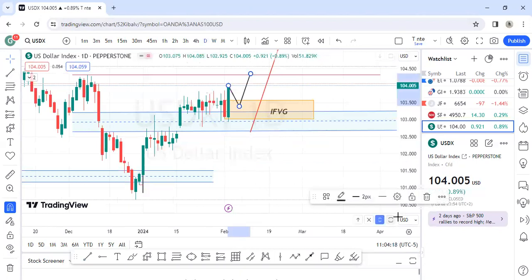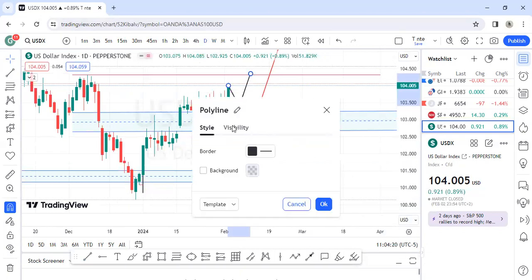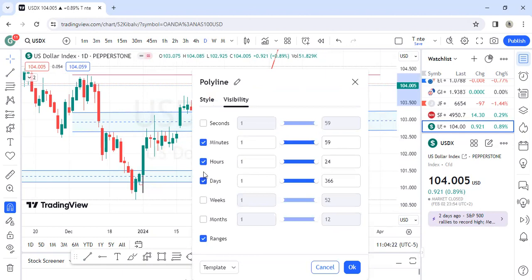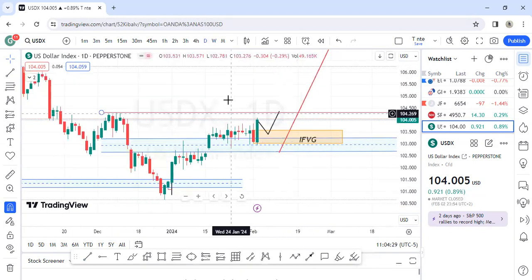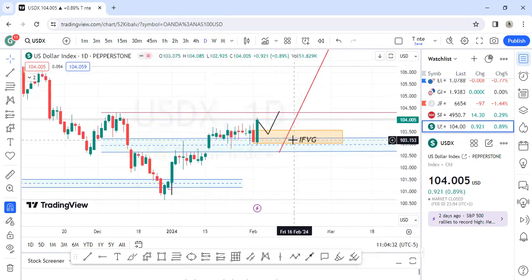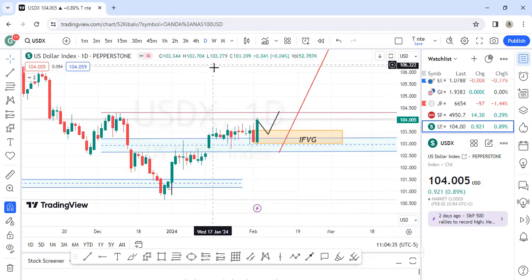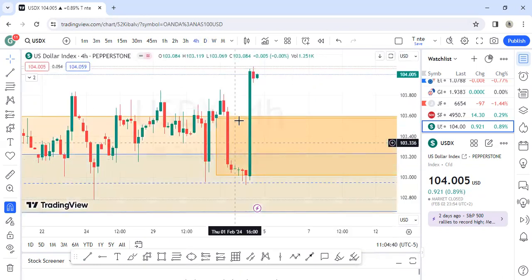So we want to make this one only on the daily chart so that it will not be visible everywhere. I want to see it only on the daily chart. All right. So this is what I'm looking at. This will be a very nice pool of liquidity to take out this coming week. Right, market hits this order block. So if you go to the 4-hour chart, that is also what I'm anticipating, and that is nice.